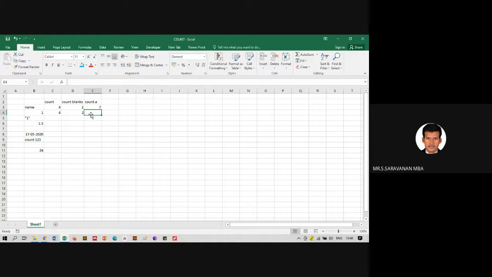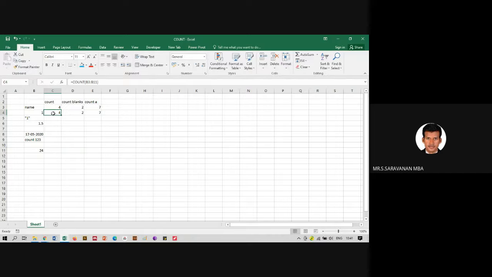Or if you want all the information except blanks, everything available in a table, you can use equals COUNTA, select everything and close. There are 7 items available in this table.